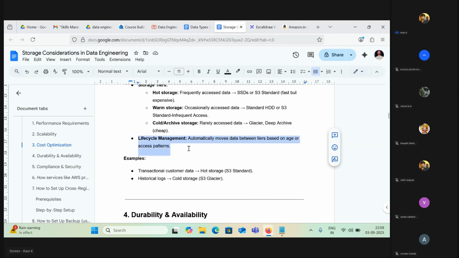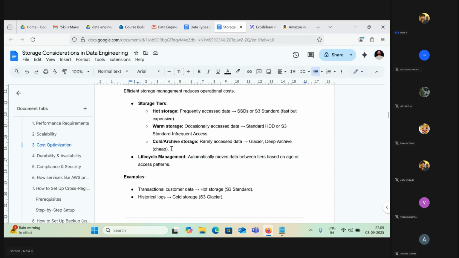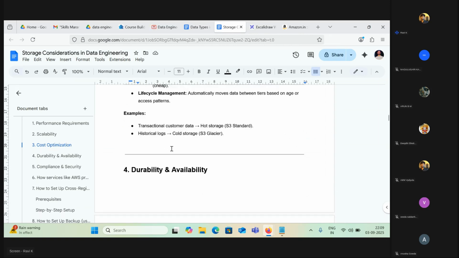We can automatically schedule it in Amazon S3 and places like that, and that will definitely help you reduce the storage cost. Why would you store all the transactions in hot storage and pay for all of them? No, right? You can just keep the most frequently accessed data, and the rest you put into warm storage or cold storage as per your need. Okay, so far so clear, right?